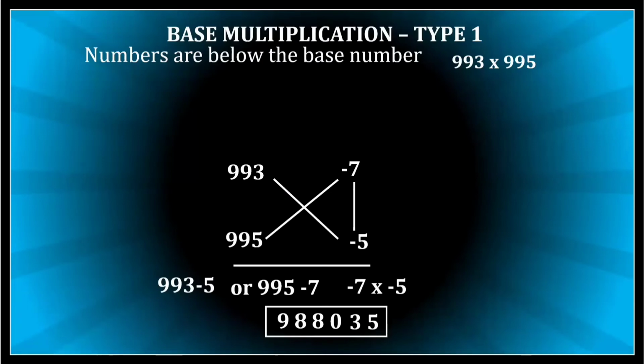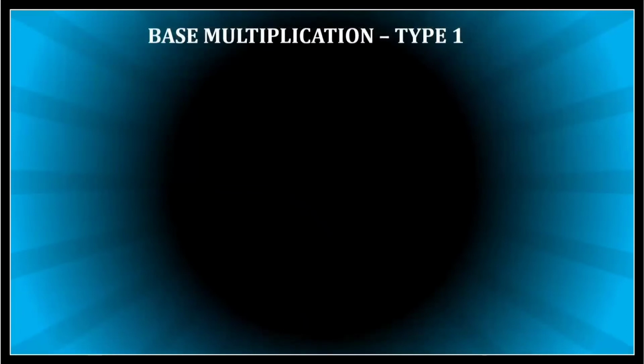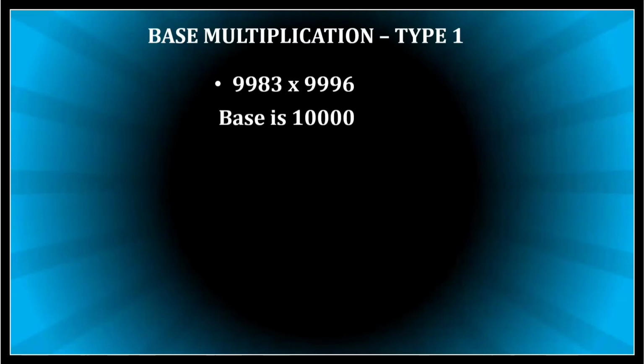Can we go to 4-digit number? You'll love it because you'll find that 4-digit numbers can be calculated so quickly and easily. Let's go on to that. Type 1, 9983 multiplied by 9996. Base quickly. Base is what? Base, it is obviously closer to 10,000. So the base is 10,000. 10,000 means there are 4 zeros. So 4 zeros means that we should have 4 digits when we'll be multiplying vertically. Okay. Base, I've decided it is 10,000.